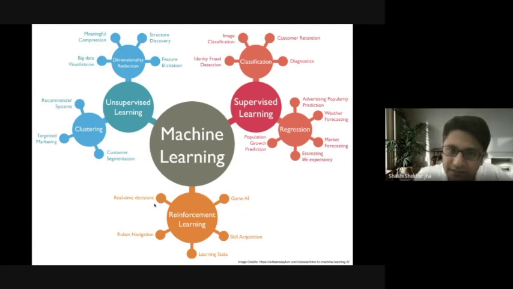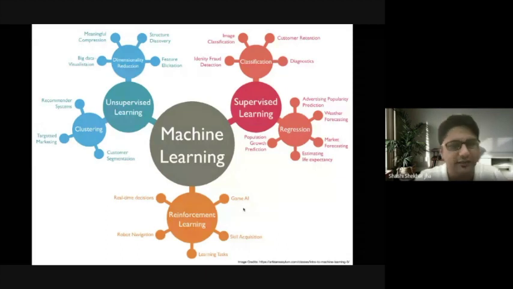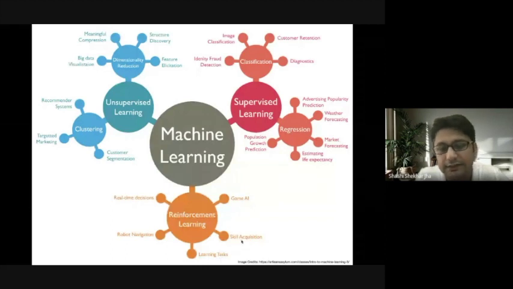The task is cleaning. Robot navigation is a very robust, very versatile example. So thinking of robots, you can always imagine these kinds of tasks. But it's not only robots. Even in games, we'll discuss a little bit about AI games and all that, how computers are getting programmed to beat humans in chess and very complicated board games and other kinds of games. Learning tasks and skill acquisition. Skill acquisition is a very important thing here.